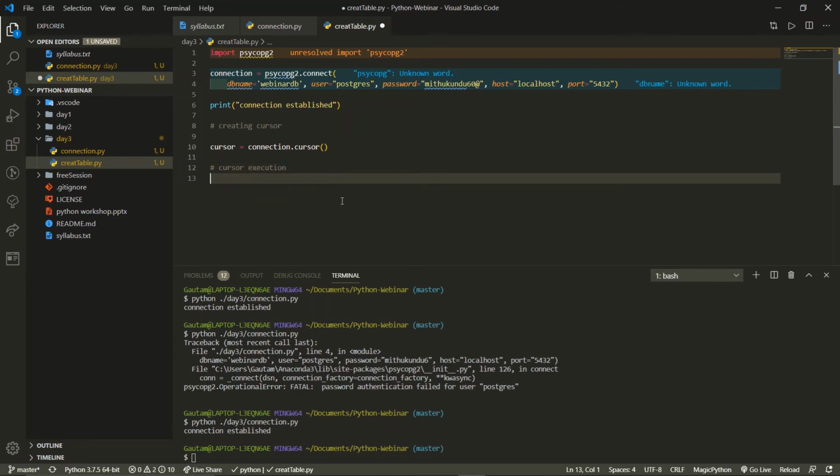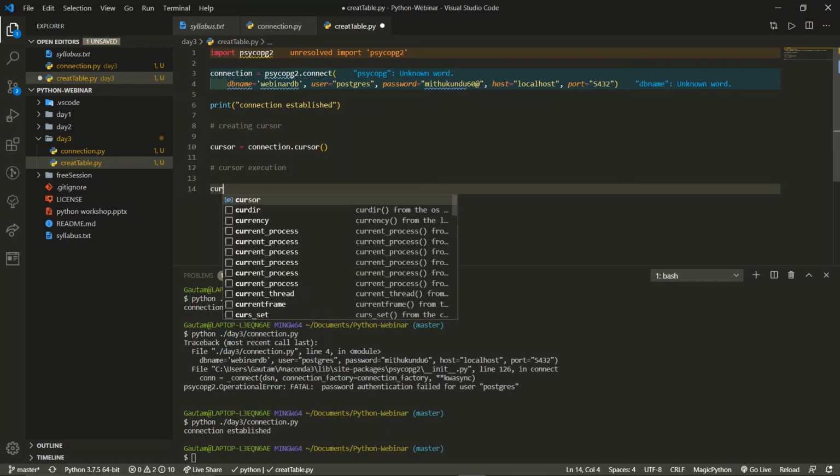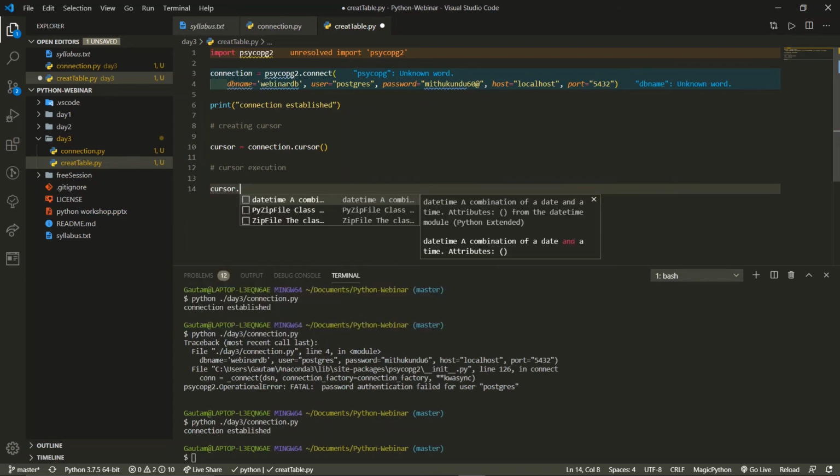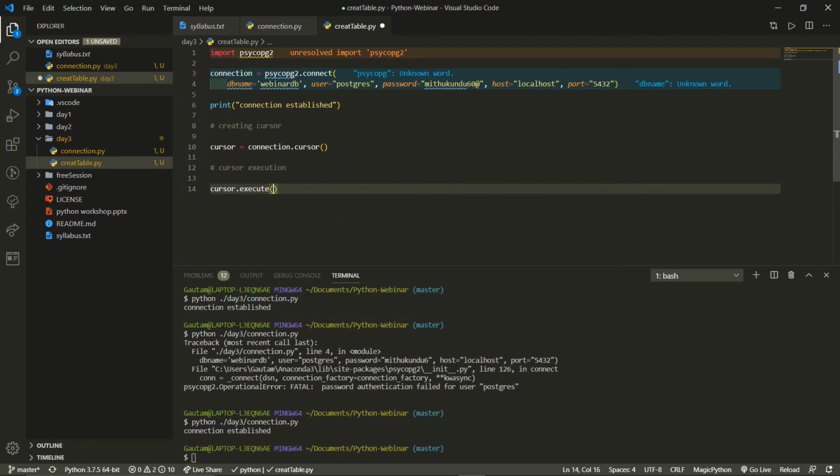Okay, so now let us execute. There is no suggestion from your side, so let us make a table of employees. We will do one thing: cursor dot execute, and we will write it in triple quotes.